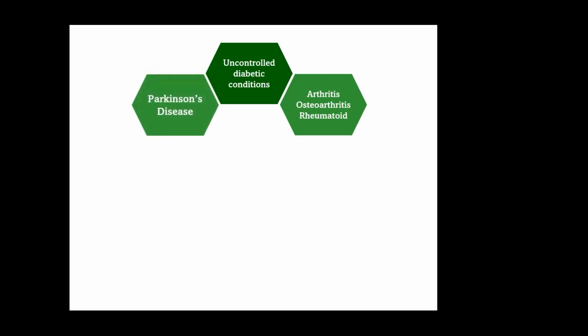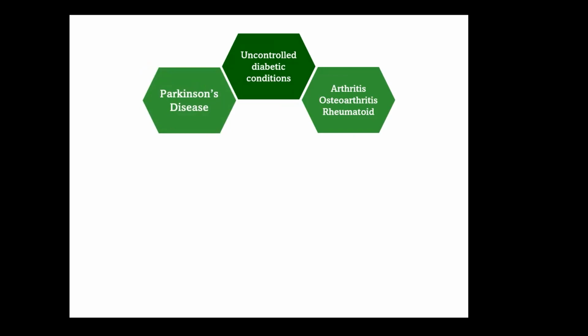Next one I'm going to talk about is Parkinson's disease. Parkinson's disease is a nerve issue where our muscles are out of our control. It is believed that lack of dopamine is the cause. Dopamine is a neurotransmitter chemical that is generated in our brain to let us feel rewarded and happy. However, too much dopamine may result in a mental disorder, and too little dopamine may result in Parkinson's disease.